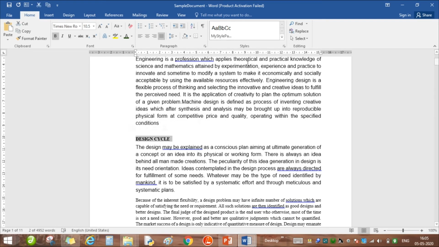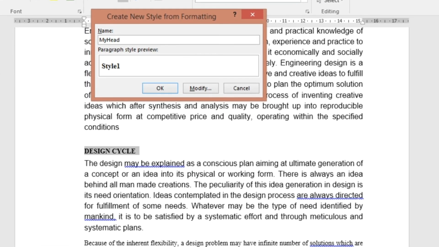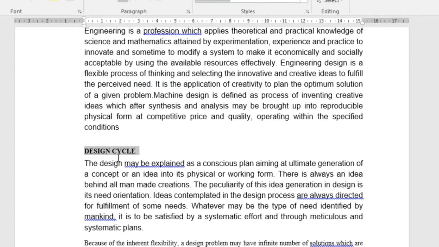Similarly, we can add another style, create a style, let it be my heading 1, first heading. So this is now my heading.